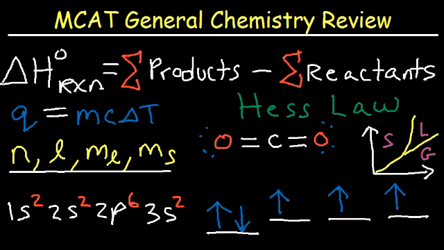So welcome to part 2 of the MCAT General Chemistry Review video. In this video we're going to cover things like enthalpy, delta H, how to find it using heats of formation, bond dissociation energy, Hess's law, and even calorimetry. We're also going to go over internal energy, quantum numbers, electron configuration, and lots of other topics as well, like Lewis structures, molecular geometry, and molality, molarity, phase diagrams, mass percent, intermolecular forces, Raoult's law, Henry's law, colligative properties, boiling